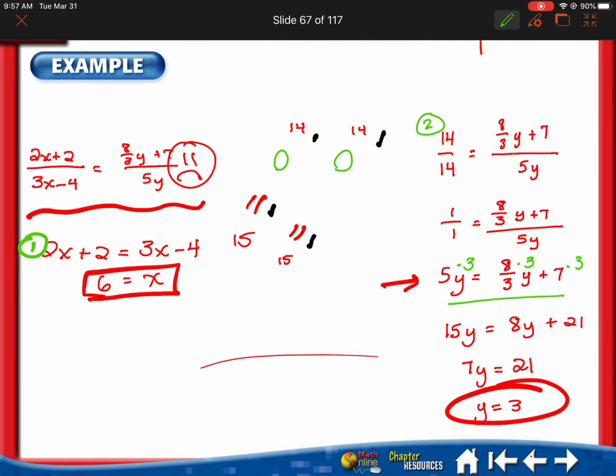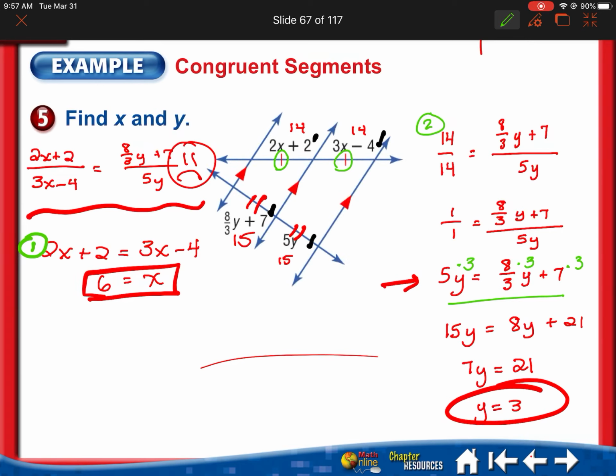So we went back and said, oh, we could have just set these two equal to each other right away. But in any event, we went through, solved it, and we got y is equal to 3. All right, so that's the end of lesson 5.4. Next up is parts